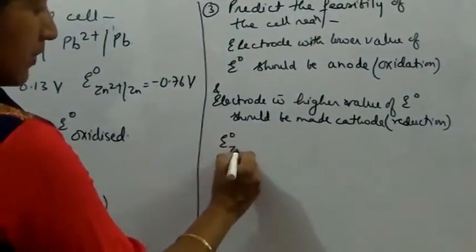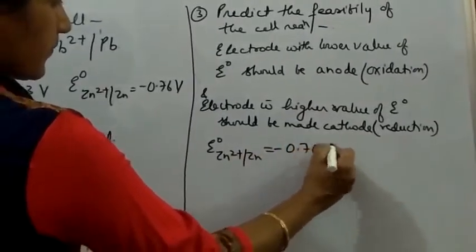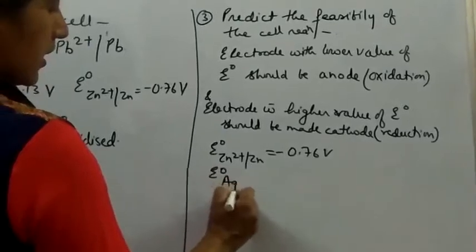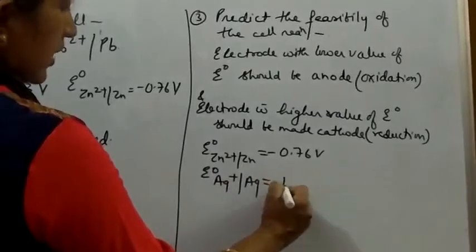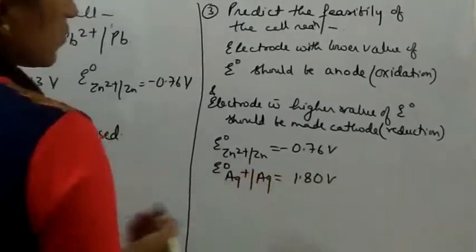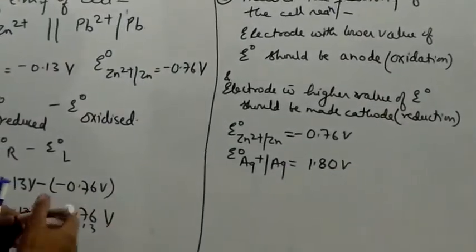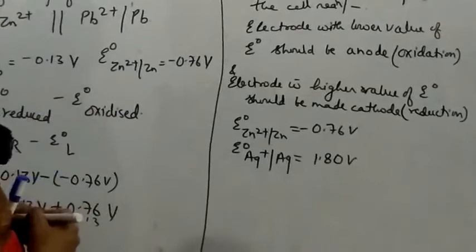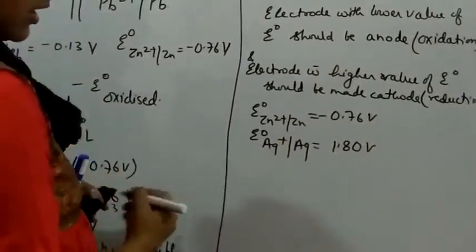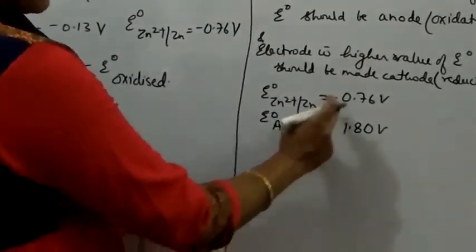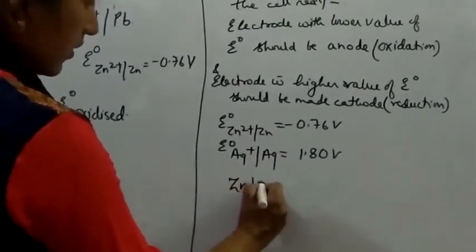Now, if I ask you, here is E naught Ag plus Ag. Now we are given the standard electrode potentials of these two electrodes, zinc and silver. Now we have to design a cell which should give a feasible cell reaction. So here, just by comparing the values of the standard electrode potential, we can say that when we are designing the cell reaction, it can be in this way also,